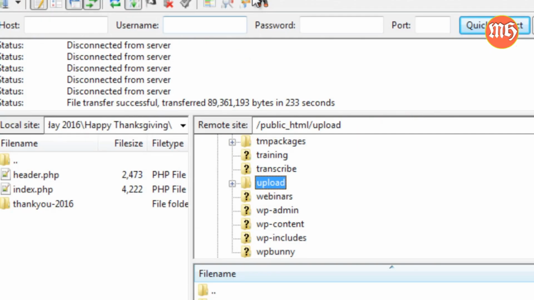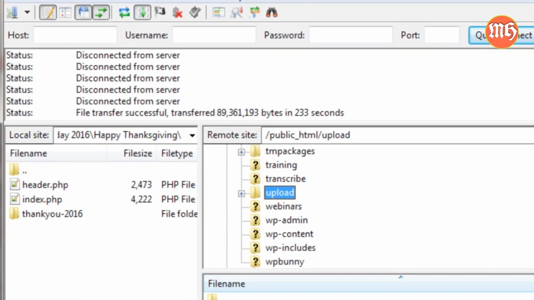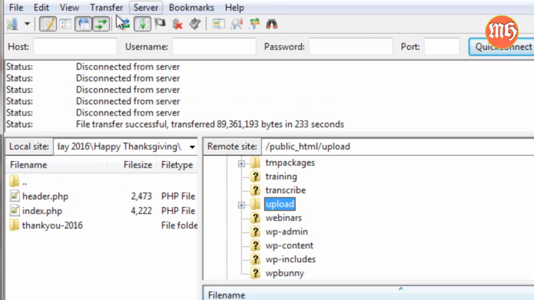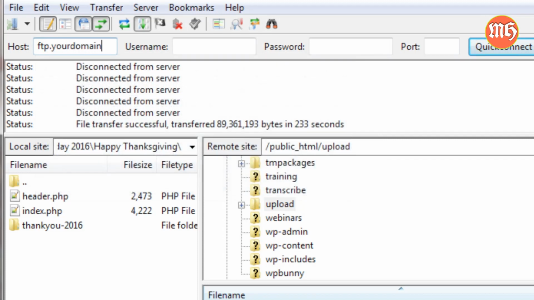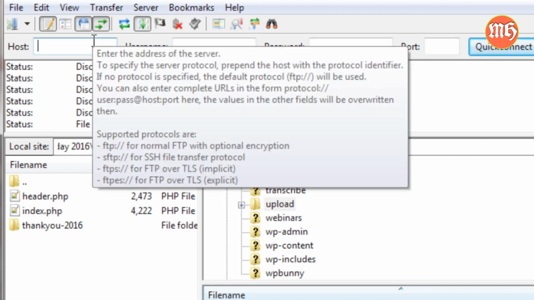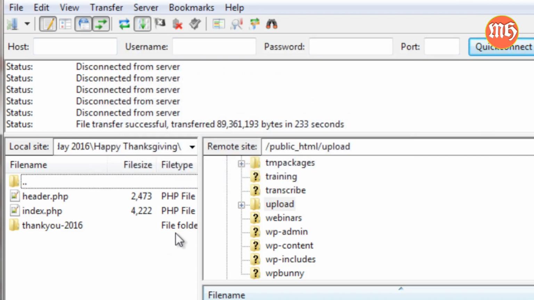Now as you can see here, this is FileZilla, and I've already opened it up. Now the host, as I said, is normally going to be ftp.yourdomain.com.net, whatever that is. Then you enter your username, your password, you click Quick Connect, and you're good to go. Now, typically at that point,